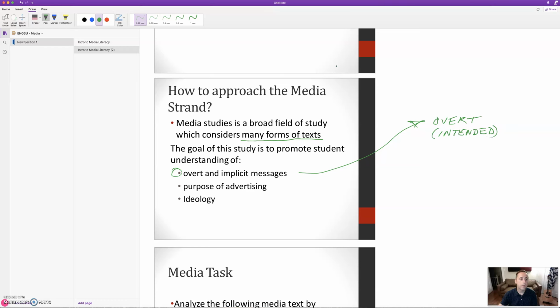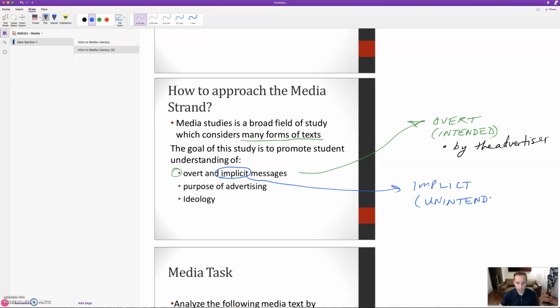Okay, intended by who? Right? Well, by the advertiser. Okay, so it's what they wanted to say. Implicit means unintended.